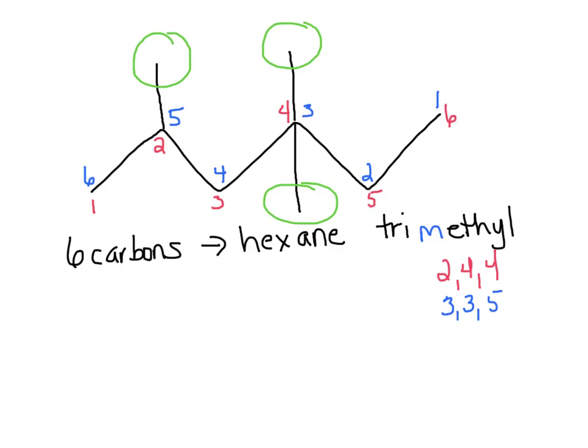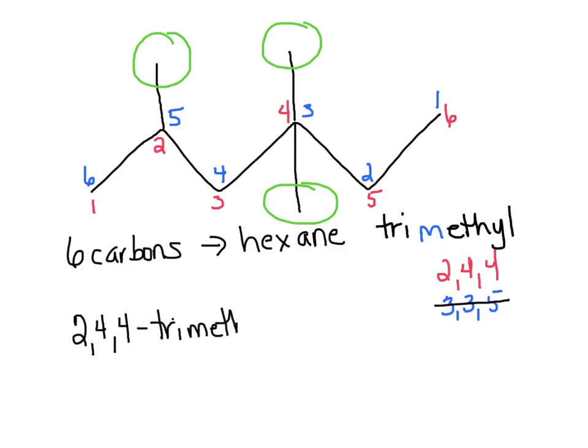And what I'm worried about here is what the first location is. So in the red numbering, the first location is 2. In the blue numbering, the first location is 3. And so I see that I'm going to actually use the red numbering because it gives my first substituent group the lowest possible number. So now when I put the name in, now what I'm going to do is say I've got my 3 methyl groups and I need to tell where each one of those methyl groups is. So I have to say 2, 4, 4,